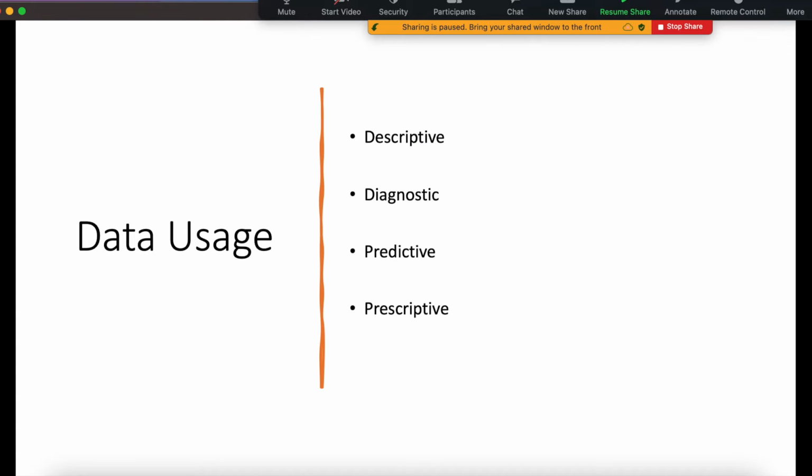So the predictive, diagnostic, and descriptive. Descriptive means the data level. After that, I need to do the analysis, and then we need to have the predictive. This is the same thing as data, information, knowledge and wisdom. It's a different usage for the same thing.